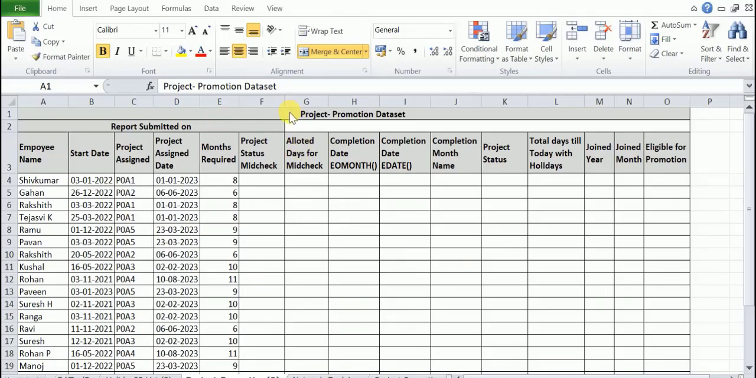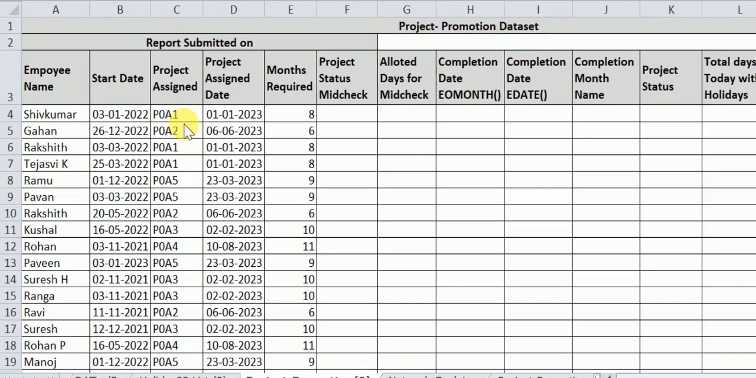It is about the projects assigned to the employees, a company's project assigned to various employees, on which date they have joined, and also the promotion details. This dataset has columns like employee name, start date, when the employee joined, project assigned, which project has been assigned to the particular employee,